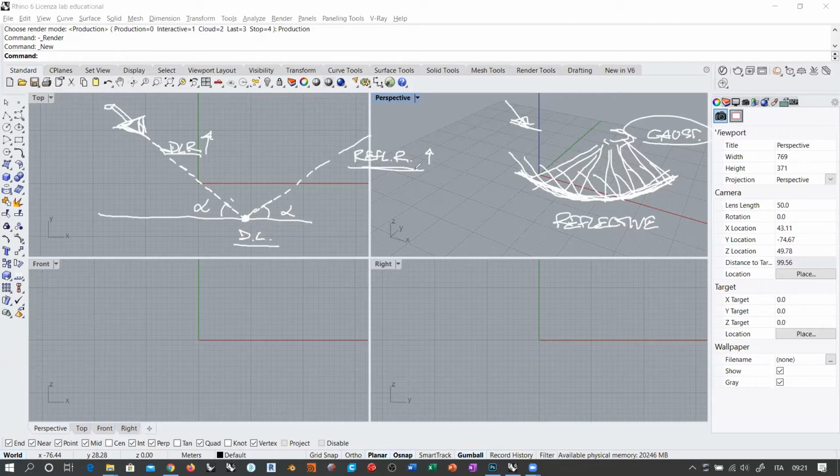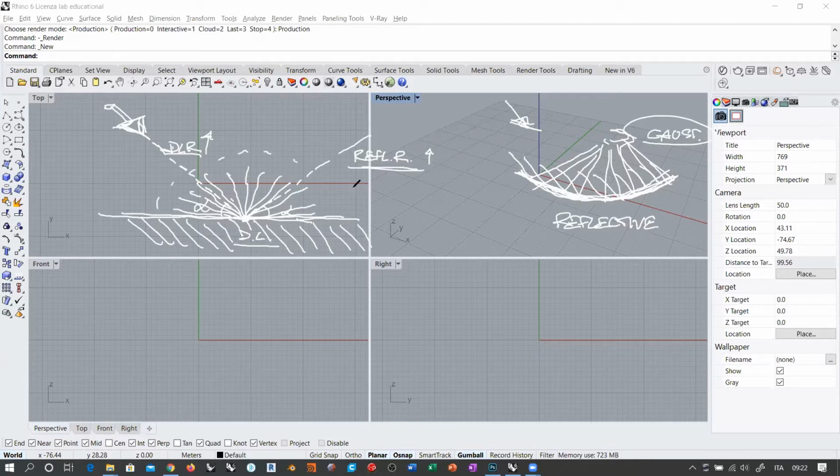So reflection is one of the aspects, okay? The main aspect that involves all materials is diffusion, okay? So diffusion is not light bouncing in one specific direction. It's light being diffused in all the possible directions of space according to the geometry of the material, once again. So if the material is a matte material, light is not capable of passing through the surface, light will bounce on the surface of the material and will be spread and diffused all over this